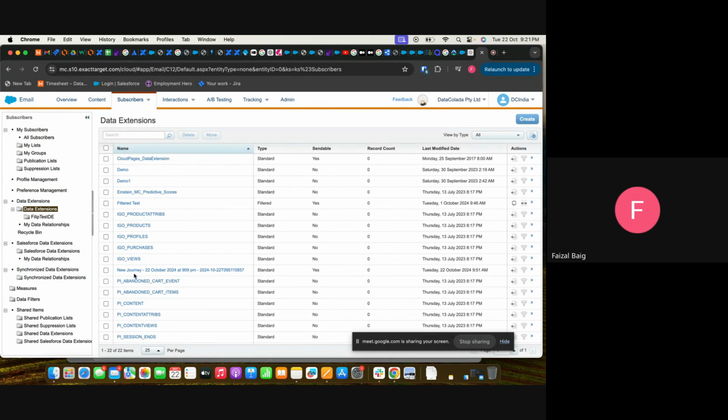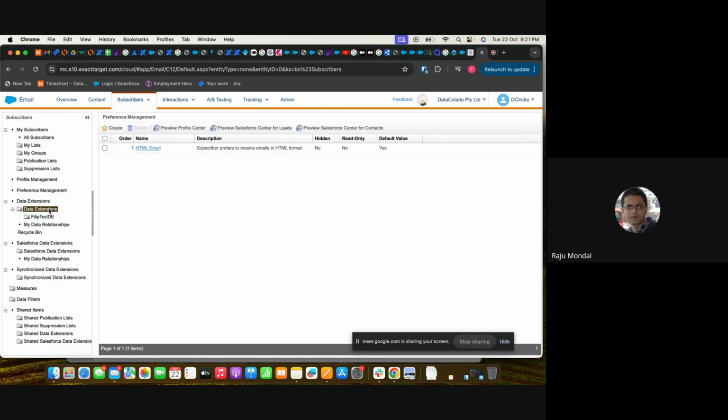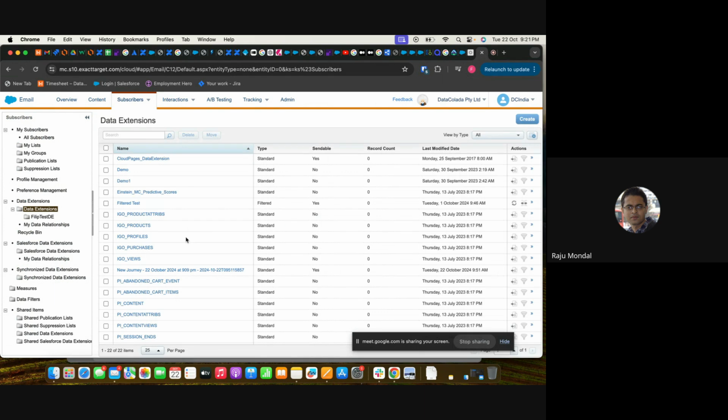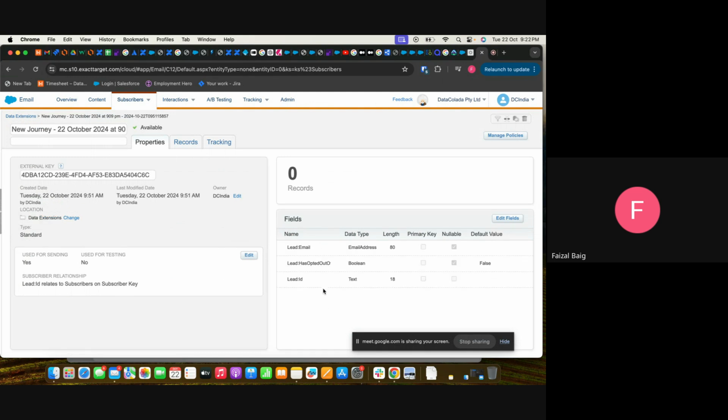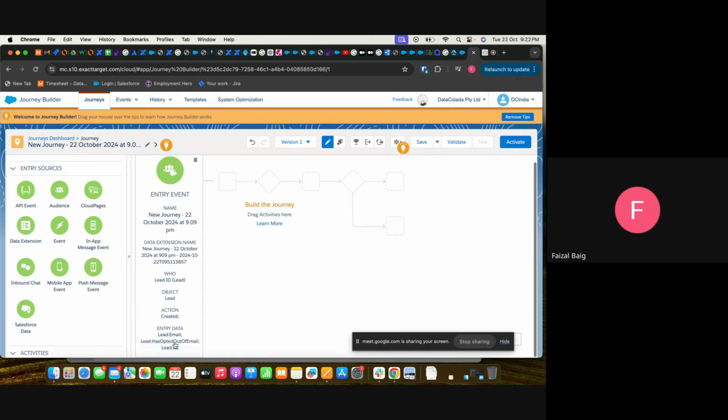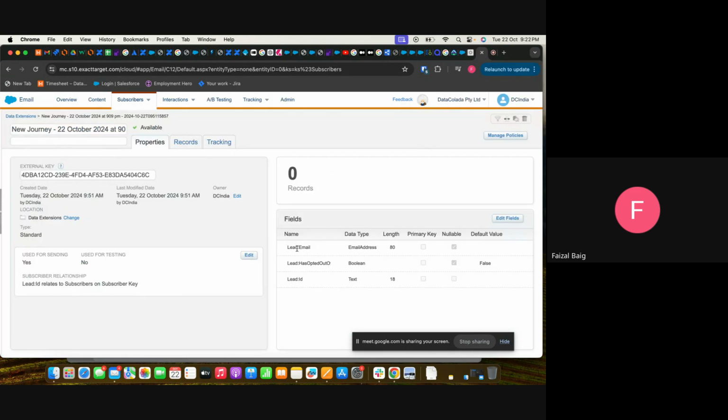See this? Is it created? Yes, it's created. So if you click on this, there will be only three fields which will come here: email, has opted out, and ID. So this is the entry data which we have selected. That entry data will come as the fields here.